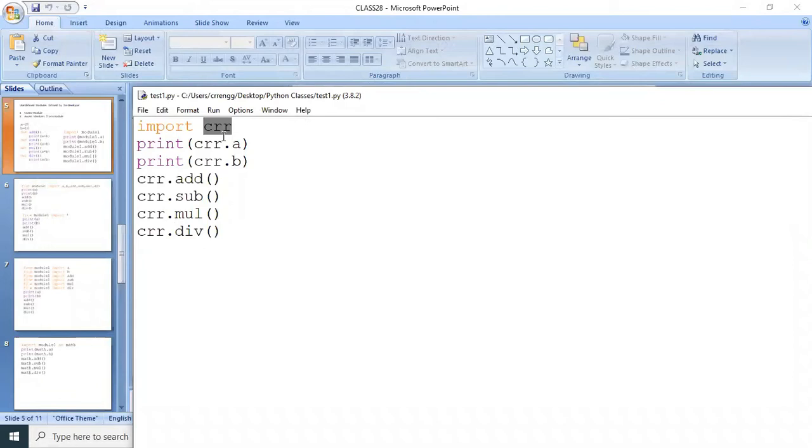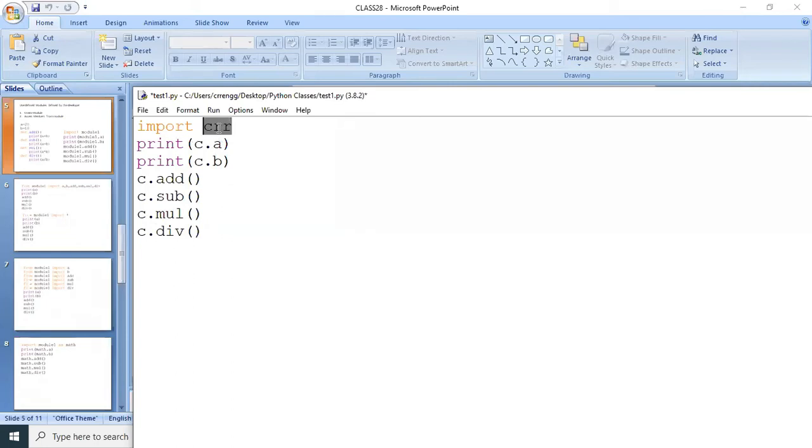I want to create an alias name. For example, import CRR. I call the members and functions with the help of the CRR module name here. Instead of this, I want to call like this: C.A, C.B, C.add, C.subtraction, C.multiplication, C.division. So how are you going to create an alias name for this module CRR?